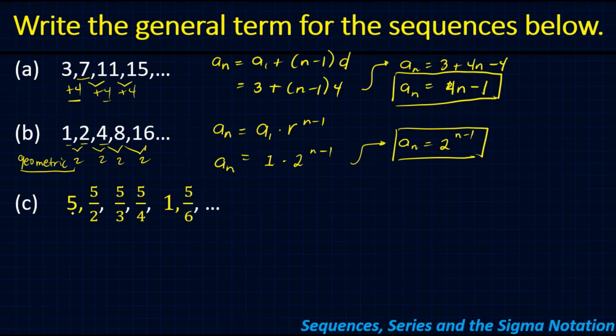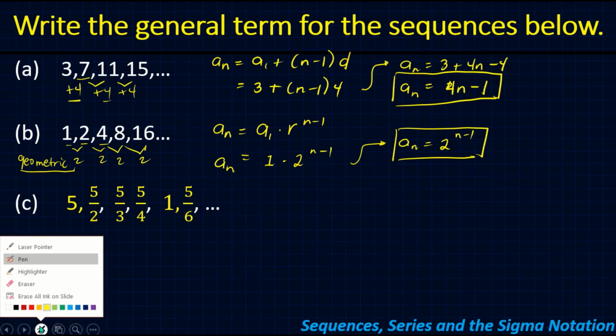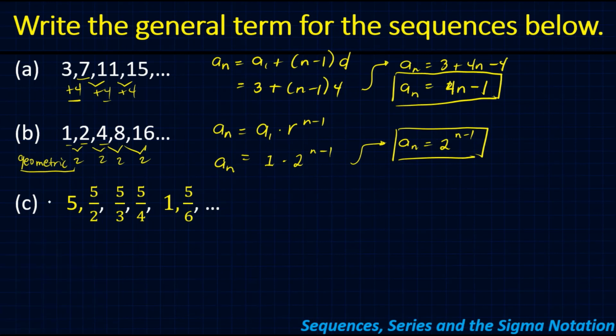Next, how about this? If we have 5, 5 over 2, 5 over 3, 5 over 4, then 1, then 5 over 6, and so on. Let us observe the sequences that we have here. As you can see, meron tayong 5, 5, 5 dun sa mga terms ng sequence natin. Okay, so meron tayong dalawang whole number and meron din tayong 4 given na naka-fractions. So, pinakamarami ang naka-fractions dito. So, let us try to convert the whole number into fractions. And we will see kung